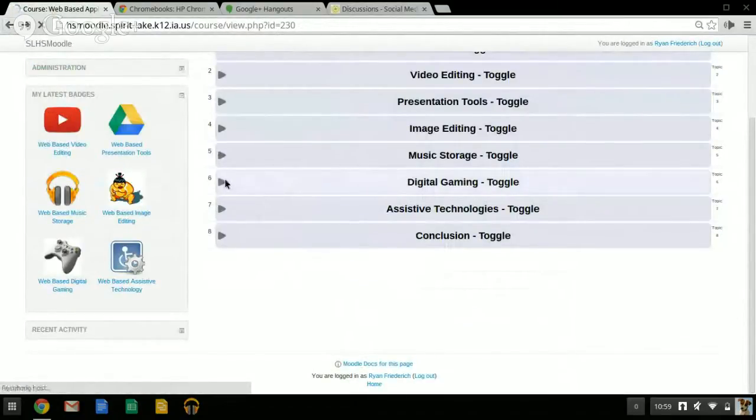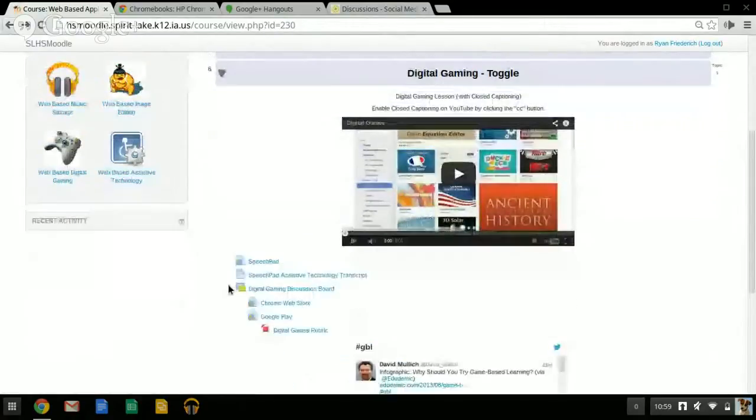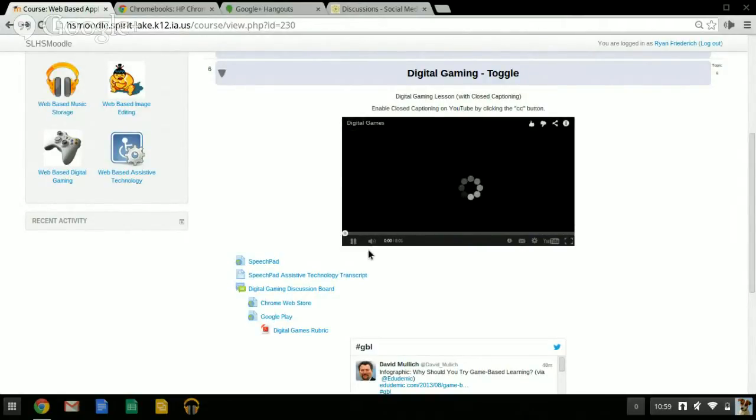I have a digital gaming tab. This one is really cool because it talks about all of the digital gaming options that come with a Chromebook. When you have the Chrome Web Store and Google Play, there are hundreds of thousands of apps that you can choose from, and a lot of them are digital games that fit into the school nicely. And so I have a training video here that goes through